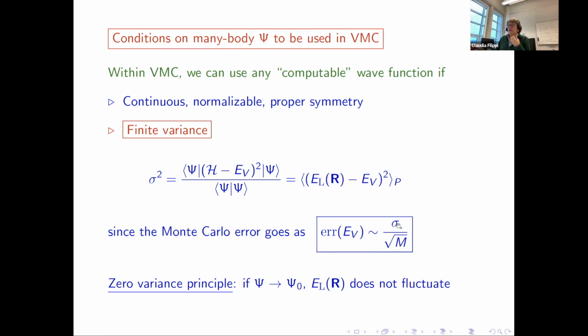So it means that if we invest in building a good wave function, not only will I have a good expectation value over whatever observable you're interested in, but the corresponding fluctuations go to zero, and that's automatically true for an operator which commutes with the Hamiltonian. You will need fewer and fewer samples to get a small error bar.